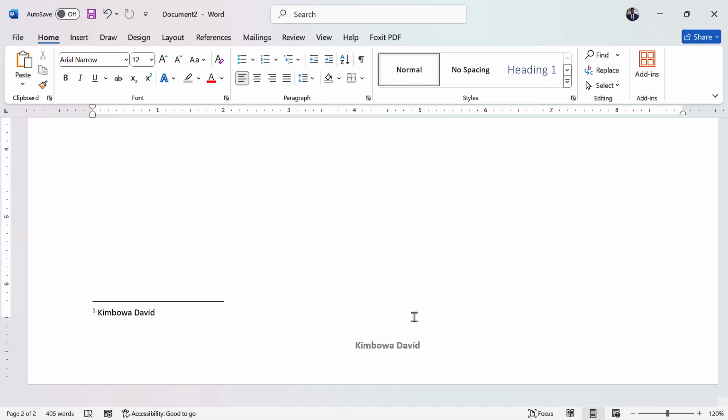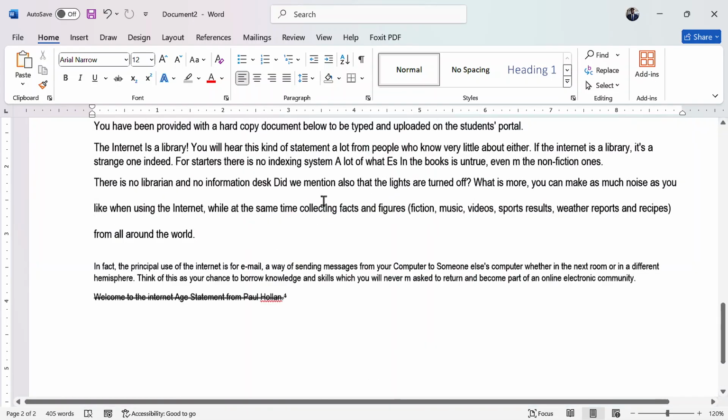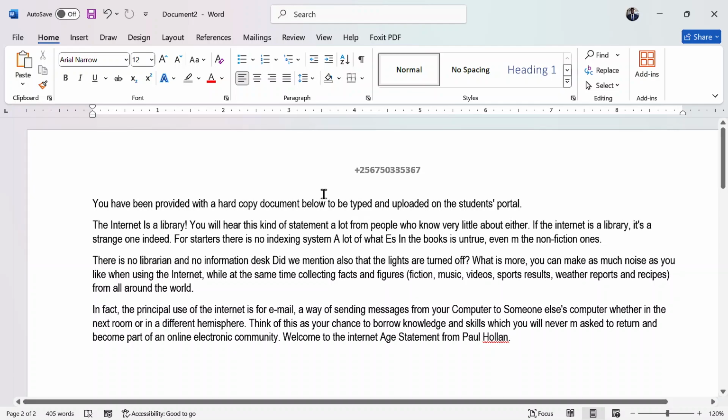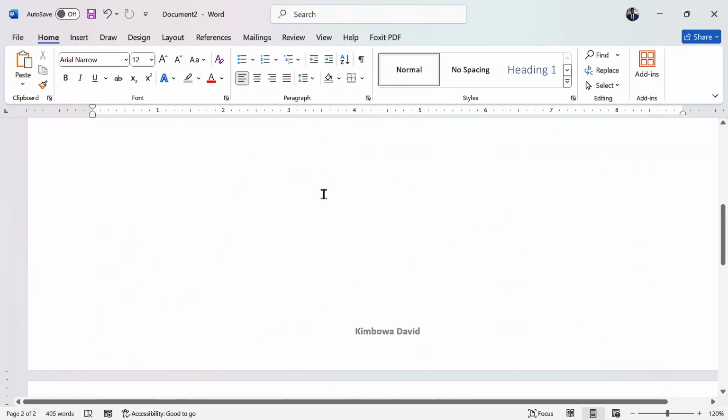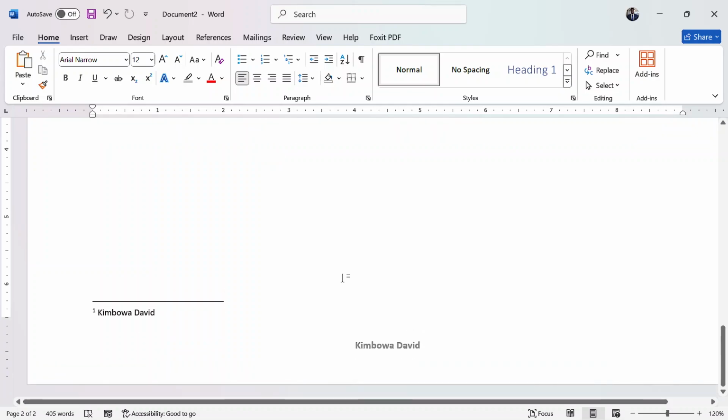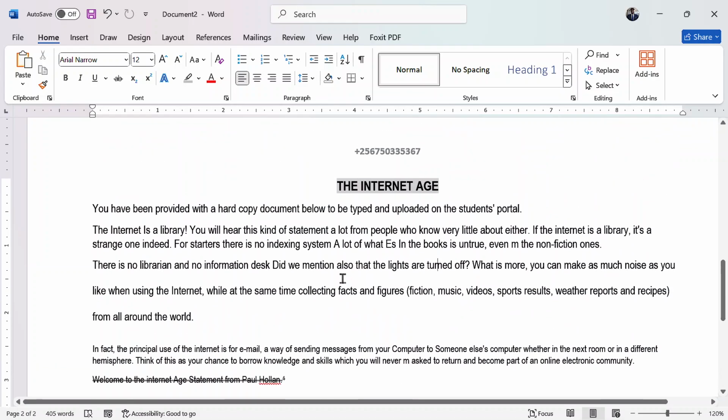After putting the header and the footer, I would like to save my document. But when you're saving a document, you need to bear in mind which style you want to save it in, for what purpose.